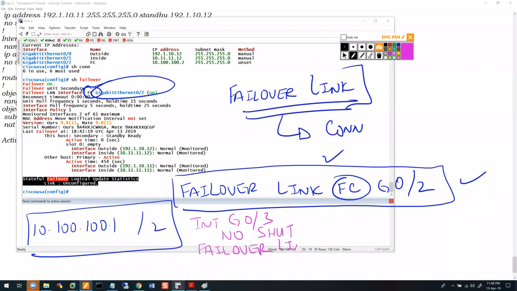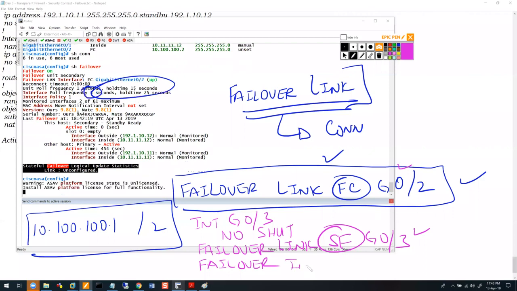My failover link is what? Let's call it SF for stateful gig03. So I'm designating the name as what? SF for gig03. But then it does not have an IP address. This one did because I had already done the no shut because it was also being used as my LAN interface. So I now need to give it an IP address, failover interface IP